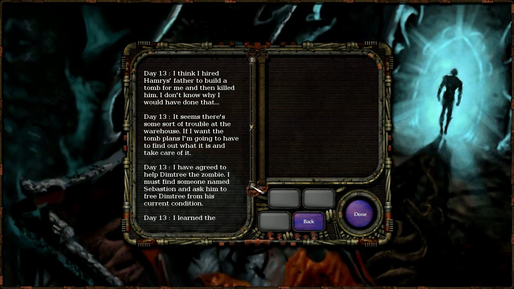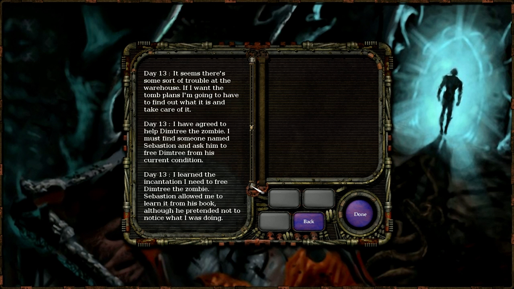I think I hired Hammer's father to build a tomb for me and then killed him. Yes. You know, I do that a lot. I hire people for different tasks and then murder them. It's not nice, but...